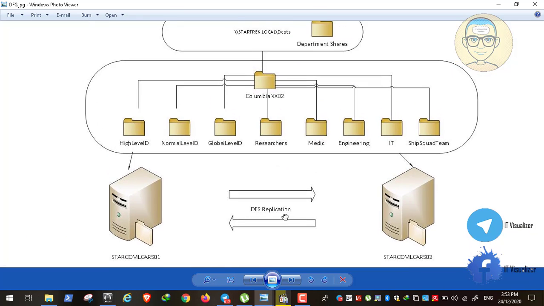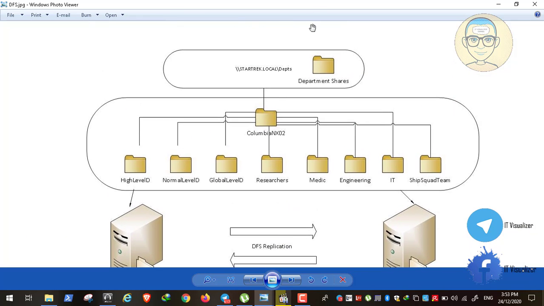We will have our domain name spacing, or our folder for our DFS. So we'll have a folder and we will share it, and we will not share it according to the name of the server then the share name of the folder, but we will share it according to the domain and then the share name of the folder. Okay, this is the way